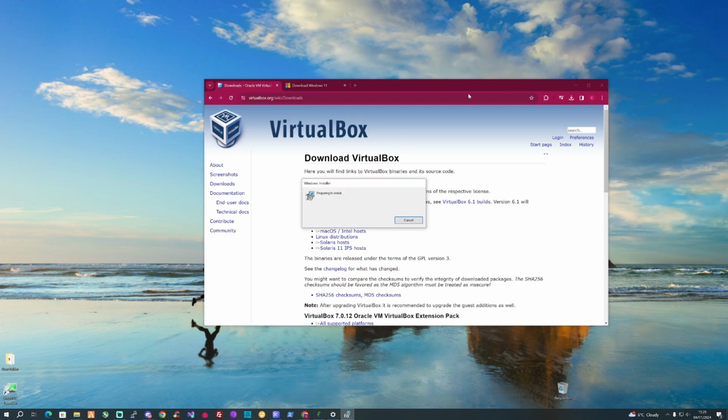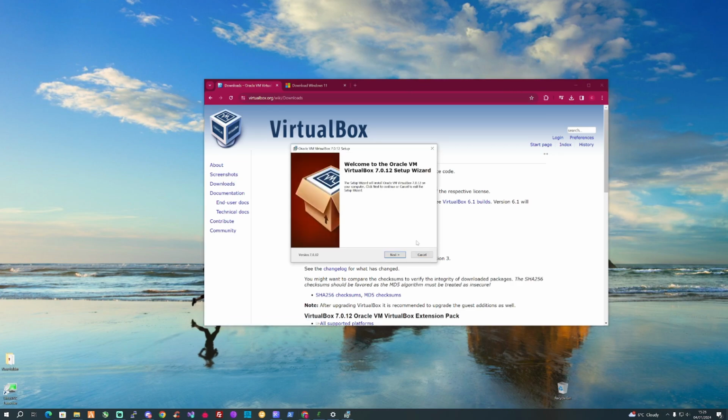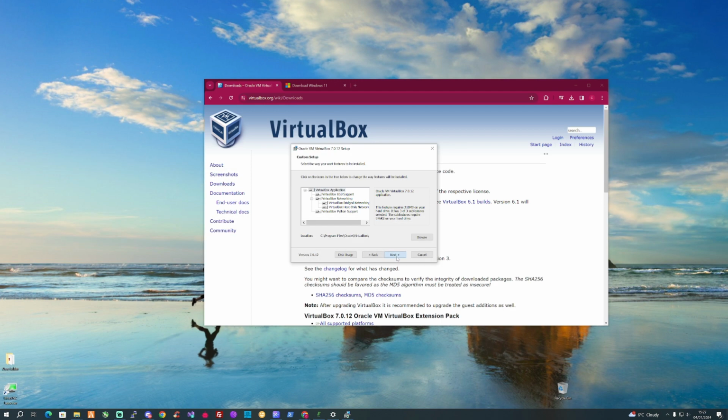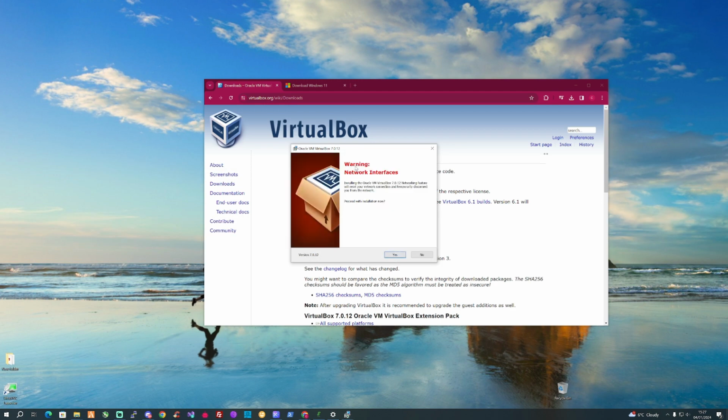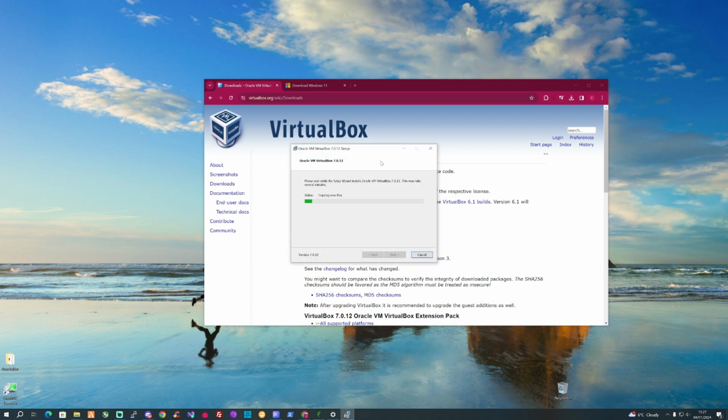It's popped up with a security message. I've pressed on yes. Now all we need to do is simply follow through the installation steps as we can see here. One interface. Press on yes, install. Then once this has completed, what we're going to need to do is take ourselves